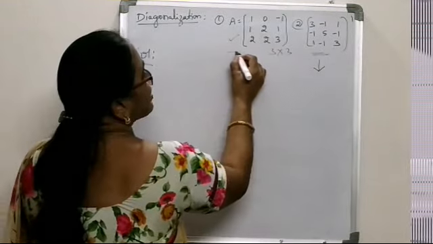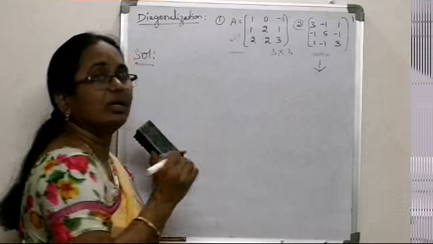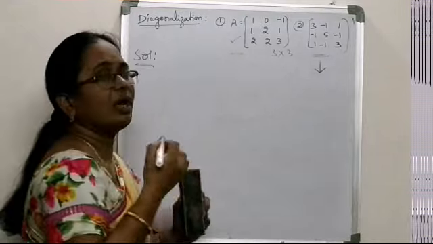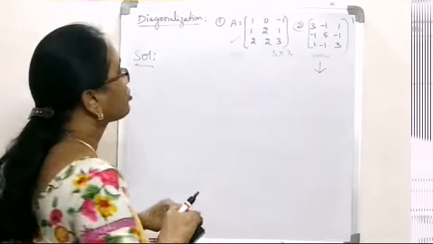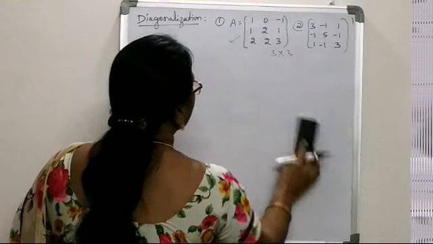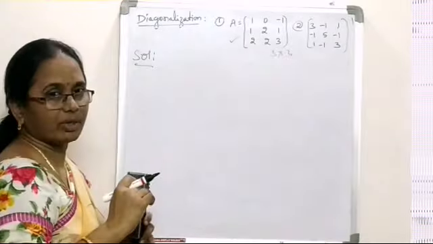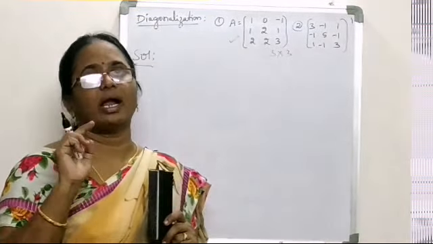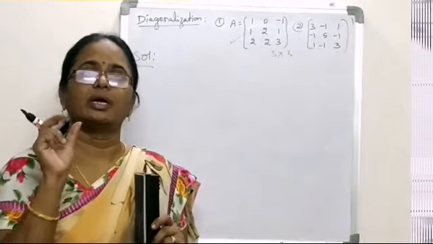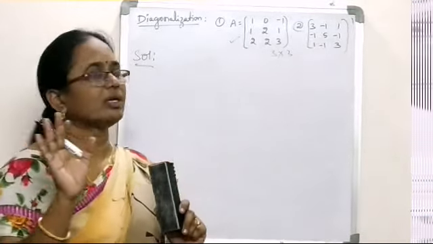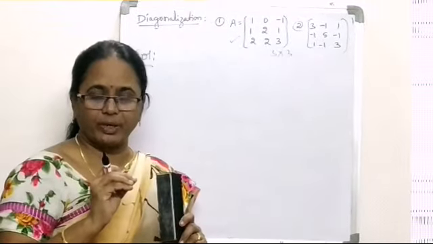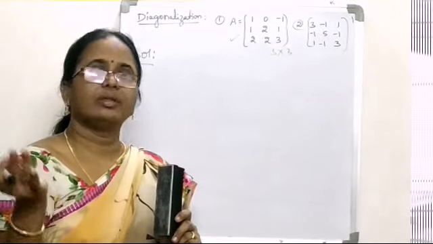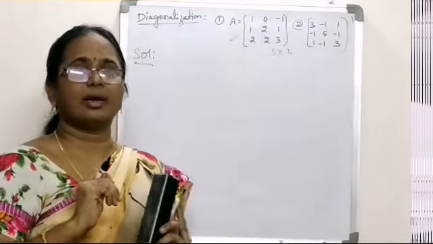Whereas the first matrix can be diagonalized using the similarity transformation. It cannot be diagonalized by using orthogonal transformation, right? So the first example, the matrix we are going to diagonalize using similarity transformation. For that what we need is to calculate the modal matrix. And by our process, what is our modal matrix? It should contain the independent eigenvectors. So according to our calculation of P, we need first the eigenvalues, then the independent eigenvectors, right? Then we form the modal matrix and followed by the diagonalization.